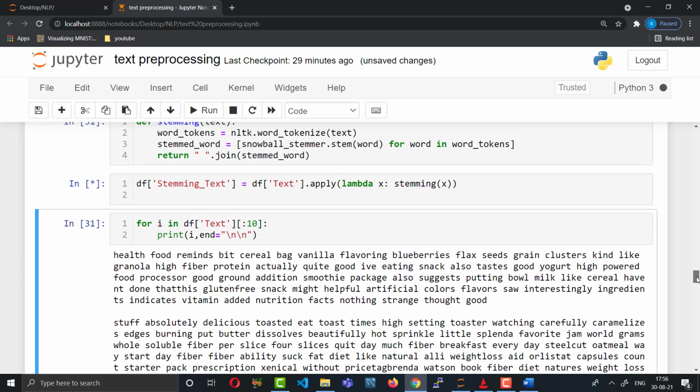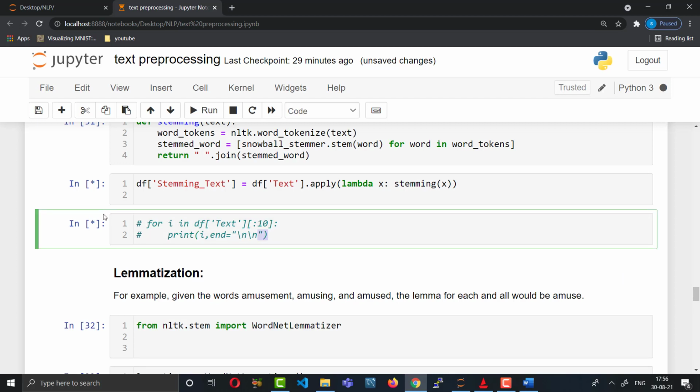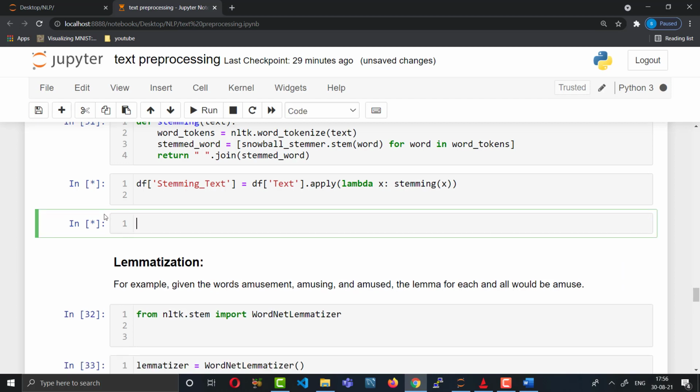Okay, this is the same for loop I'm commenting here. Let's see the stemming part of that column: df stemming text dot head 10.